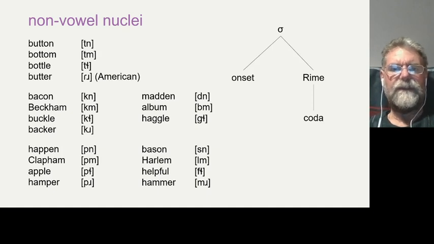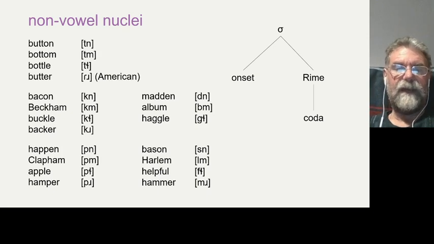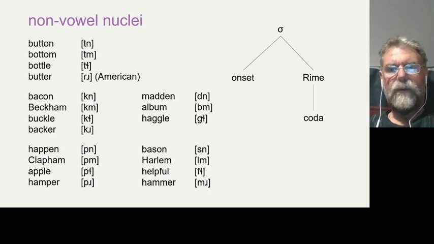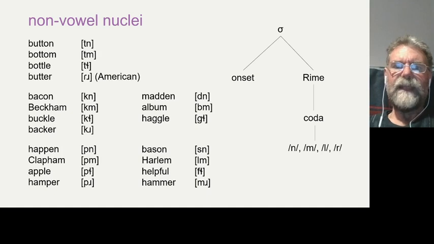Now, if we say those consonants, the first one is the onset, and the second, perhaps the coda, what we're going to have to say here is that this syllable is a syllable that doesn't have a nucleus. Now that would be a very strange thing to have, given this idea that the nucleus is the central part of the syllable. How can we have a syllable that doesn't have a nucleus? Well, one thing to notice is that